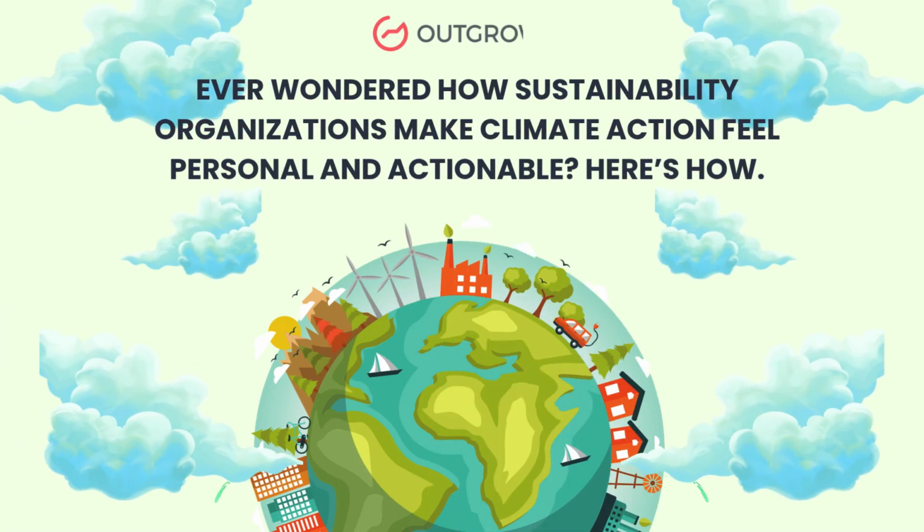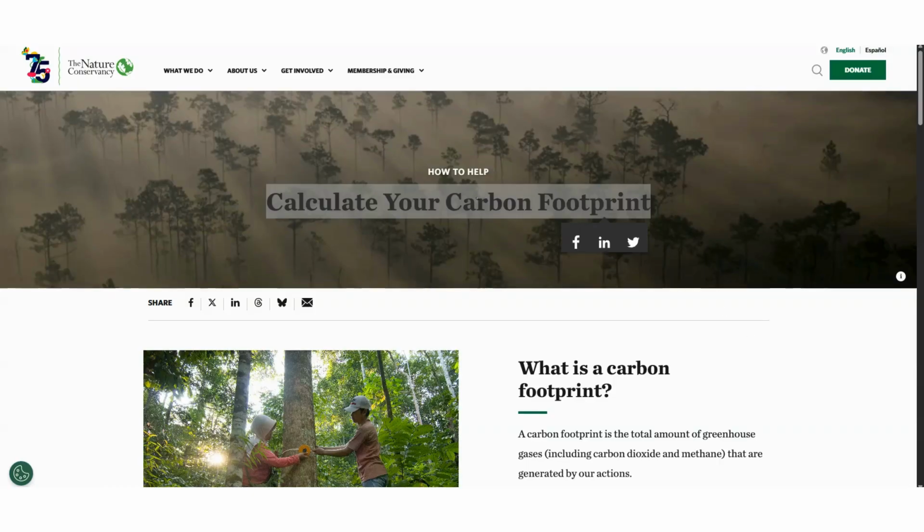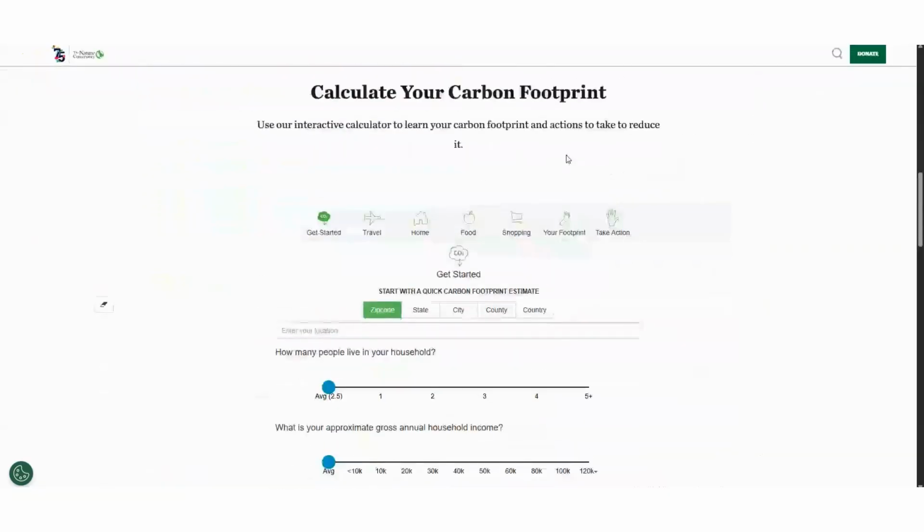Ever wondered how sustainability organizations make climate action feel personal and actionable? Here's how. The Nature Conservancy does it with the help of an interactive carbon footprint calculator. Instead of asking visitors to estimate their environmental impact on their own, the calculator guides them through a series of